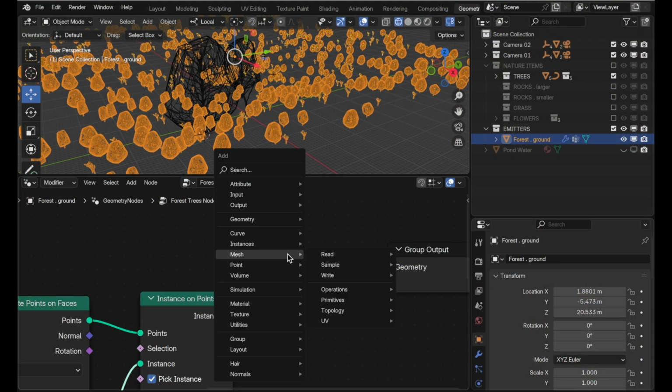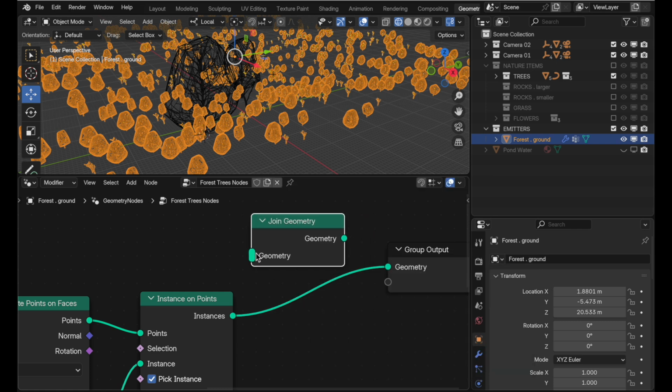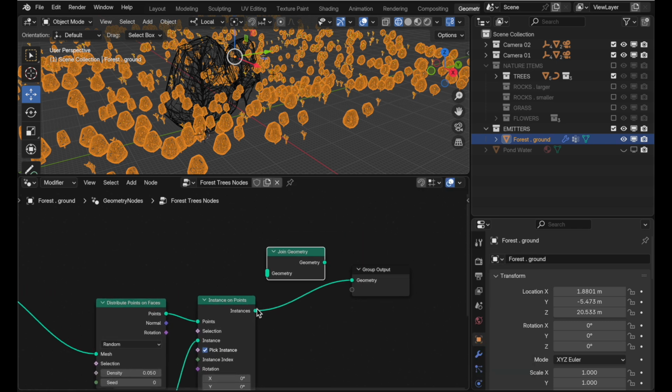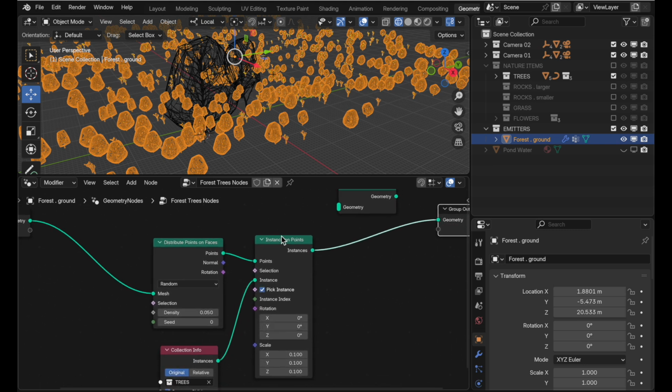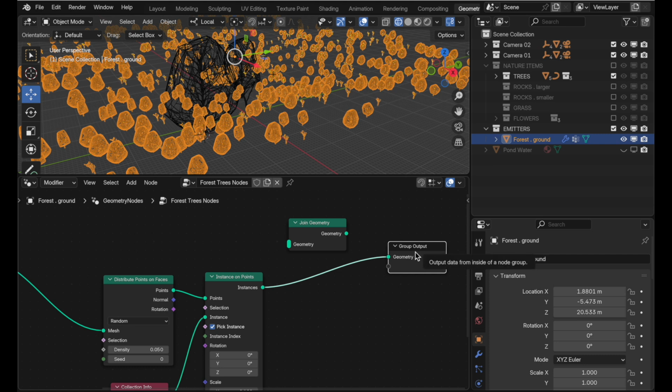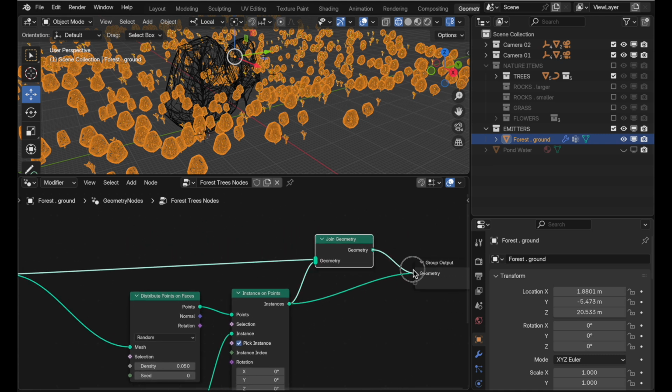So let's do Shift A, and we're going to search for a join geometry node. And what we're going to do is tell it to merge the original geometry and also show us the propagated geometry. And the reason it's doing this is because it's using this input, the ground, sort of this pasture object with the pond in the middle. It's using that just as an input, and it's then being replaced by the instances and then output as the output object. So we're going to take instances, drive it in here, and then we're also going to take the original input and add that, and the two will be joined back together,